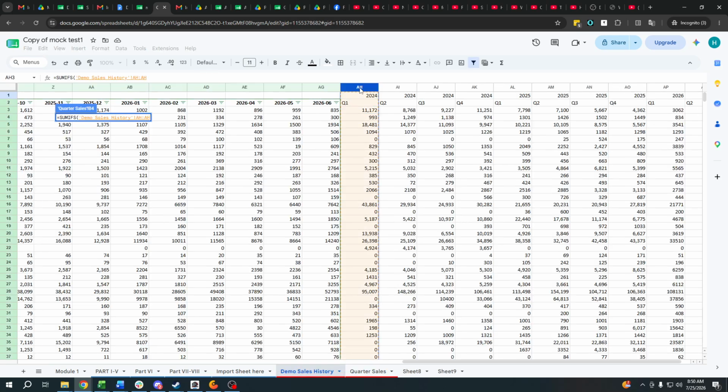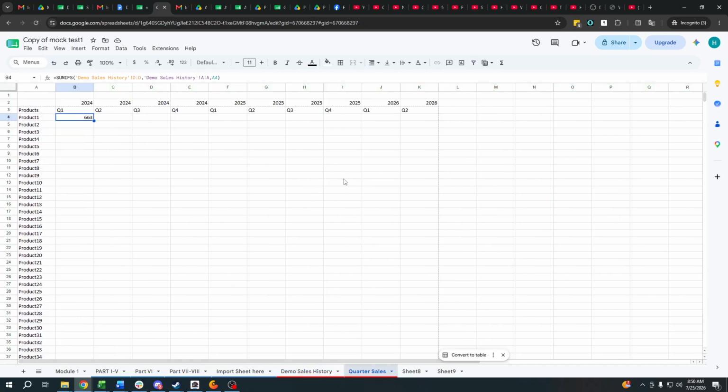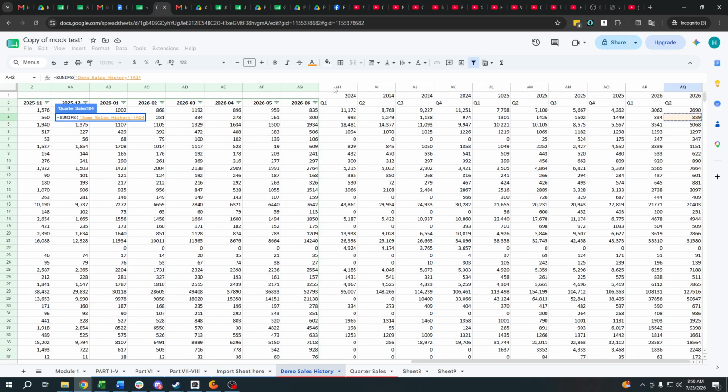This one and this one. Wait, how could I do that magically? SUMIFS, and then I was looking in here on this Q1, and as you can see, I can't see where the range for the product list is.